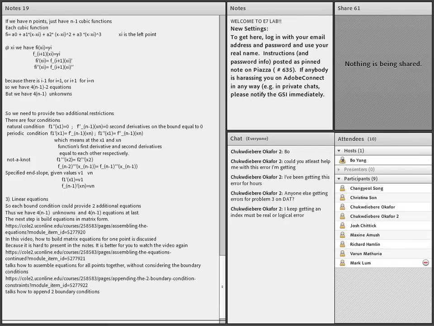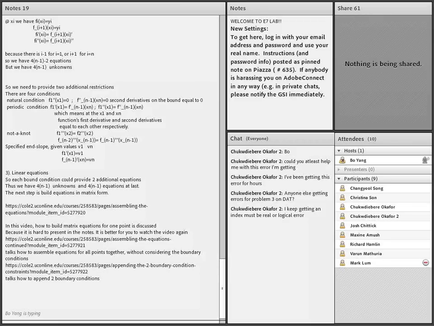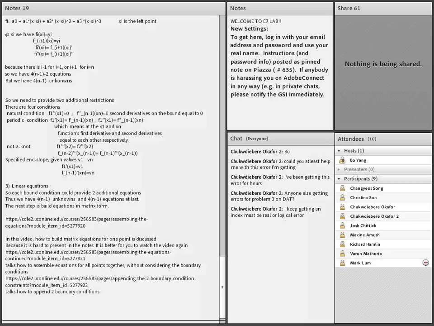Next we are going to talk about how to build the equations in matrix form. I also give you some links to videos, because in this part the matrices are very big. I cannot easily show you in the notes. So in the first link in this video, you will be shown how to build the matrix